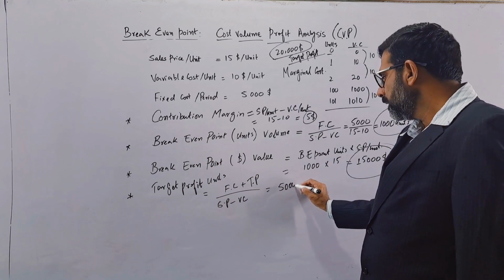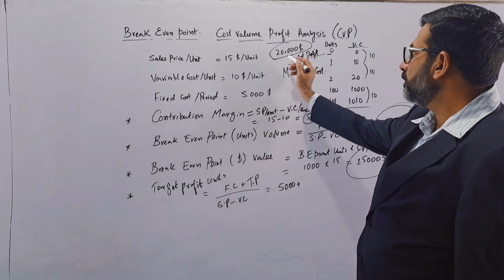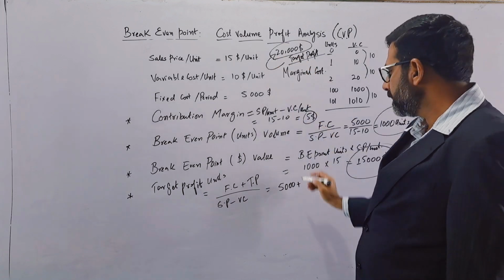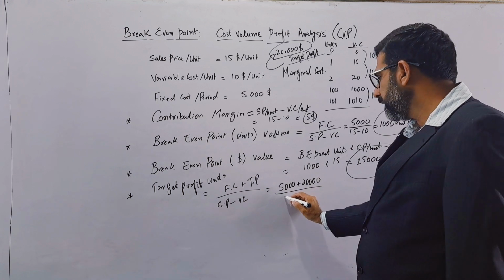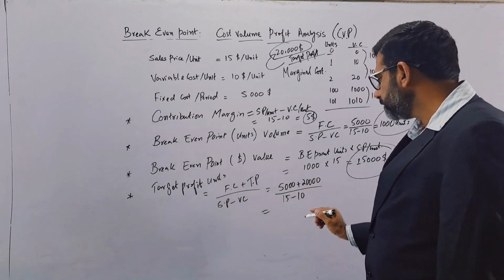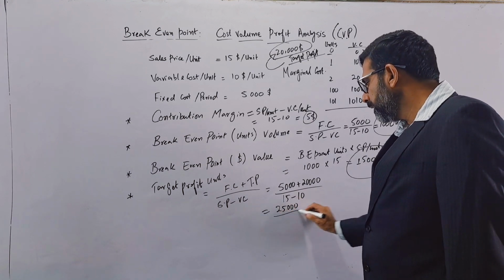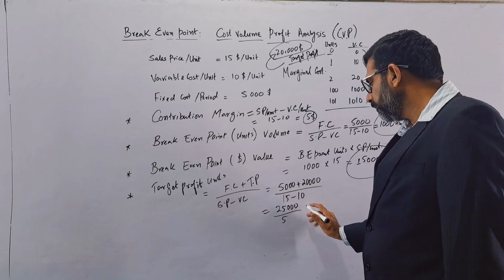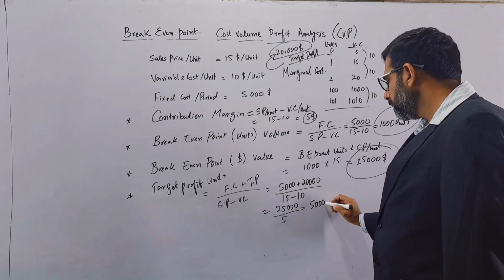That was 5,000, plus the target profit, that is $20,000. And the sale price is 15 minus the variable cost of 10. So 25,000 divided by 5. The answer will be 5,000